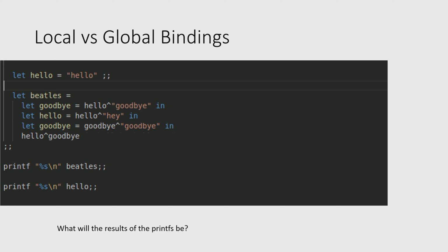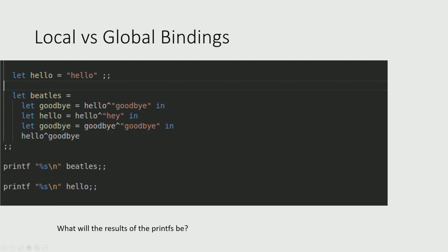So now, going beyond the if-then-else statements and the for loops, we're going to talk about local versus global bindings. And this might be something you had some exposure to in the object-oriented language class, but we're going to go over it again in OCaml, and we're going to take a look at this kind of nasty-looking example here. So we have this original string declaration up here where we set this variable hello equal to "hello". That makes sense so far. And then we have this